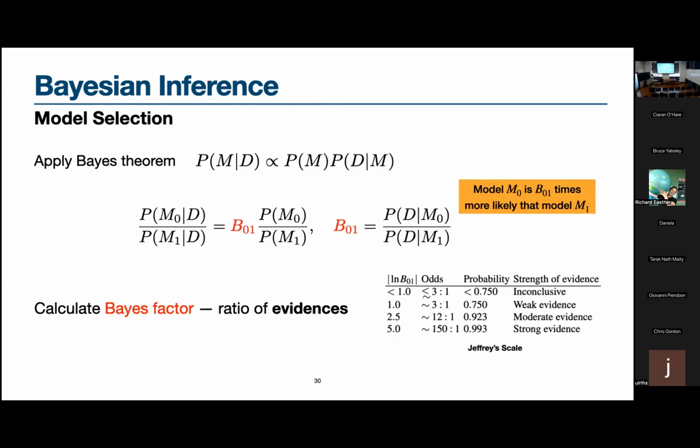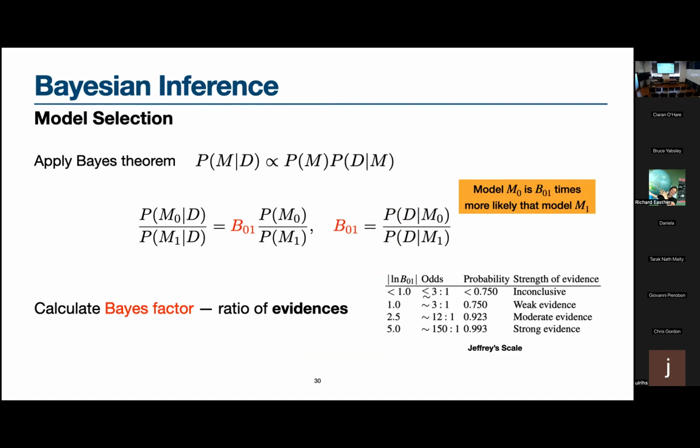And the Bayesian evidence ratio itself, using Bayes' theorem, you can write it as proportional to the prior probability of a given model times the probability of generating that data conditional on the model. The quantity that we are interested in is what is called the Bayes factor, which is the ratio of these model likelihoods. So the likelihood of producing that data given a model, so the ratio of these two quantities. And the Bayes factor is just the ratio of this.